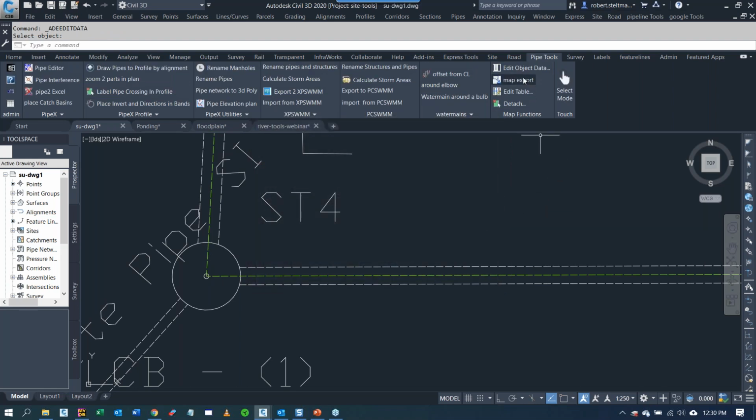We can also export it to a shape file for import into Esri or into SSA. There's some options in SSA. Okay, so there's a number of things on pipes. And so now we're going to start looking at